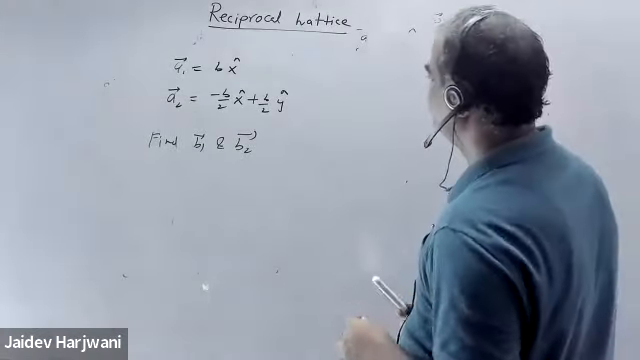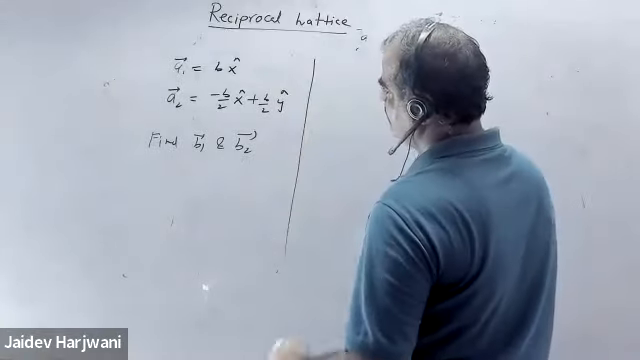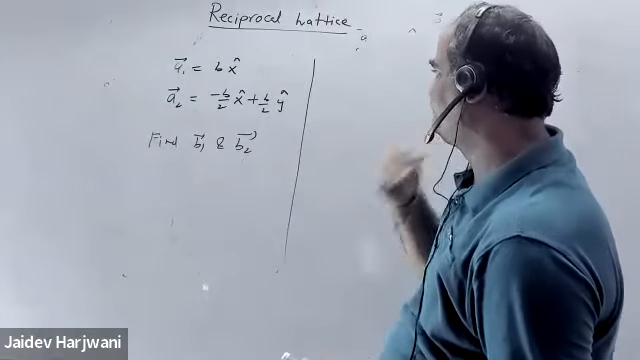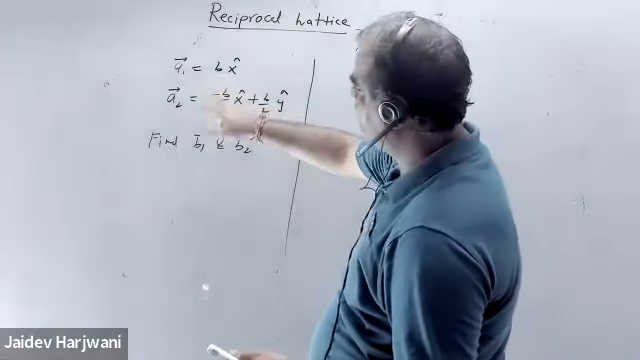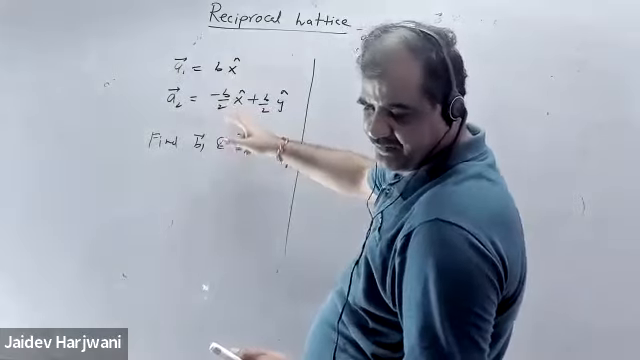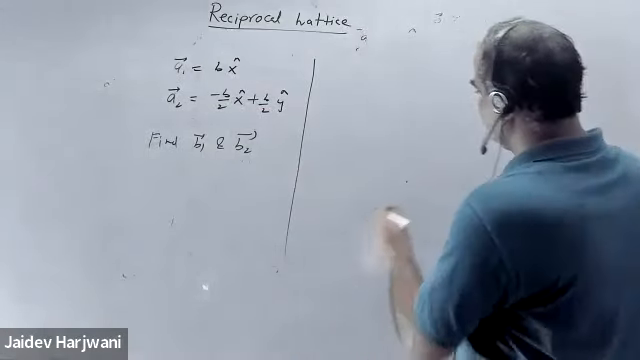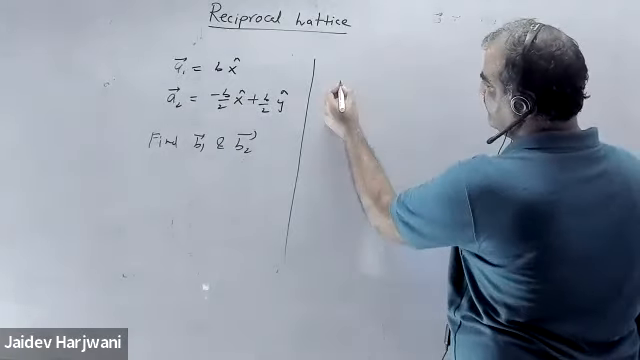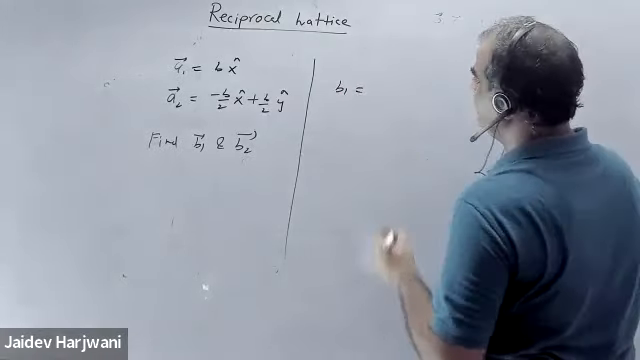How will we do it? So now, these both, A1 is also in the x direction, this is also in the XY plane, okay. So just write the formulas. So the formula will be B1 will be what? B1 will be simply 2 pi,